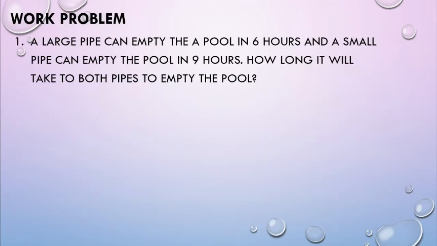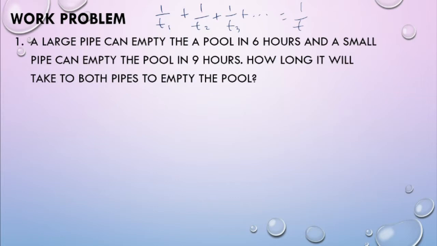So for this problem, we can apply this pattern. 1 over t sub 1 plus 1 over t sub 2 plus 1 over t sub 3, then so on, that is equal to 1 over t. So what are these t sub 1, t sub 2, t sub 3? Those are the number of hours for the first worker, second worker, third worker, and so on. Then t is the number of hours if those workers work